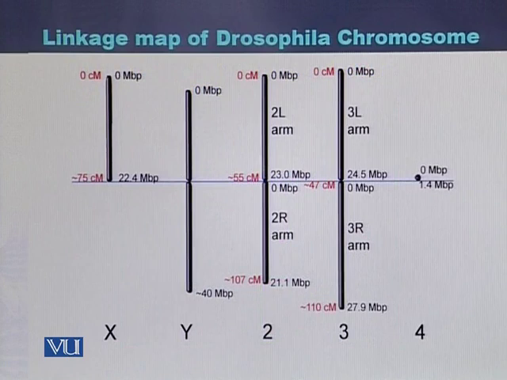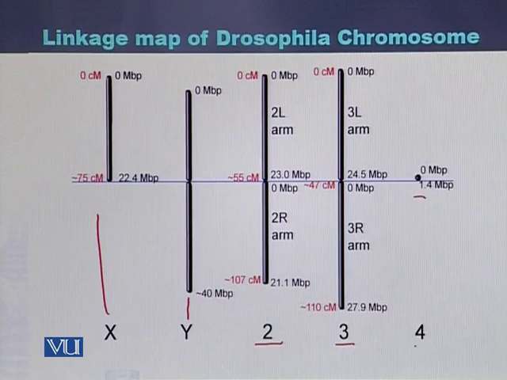This is another diagram of the chromosomes and the linkage map of Drosophila chromosomes. The Drosophila chromosomes are: this is the X chromosome, this is the Y chromosome, chromosome 2, chromosome 3, and this one is chromosome 4. The length of chromosome X is approximately 75 centimorgan, while the length of chromosome 2 is 107 and chromosome 3 is 110. So these are the lengths of the chromosomes. On the other hand, chromosome 4 is just